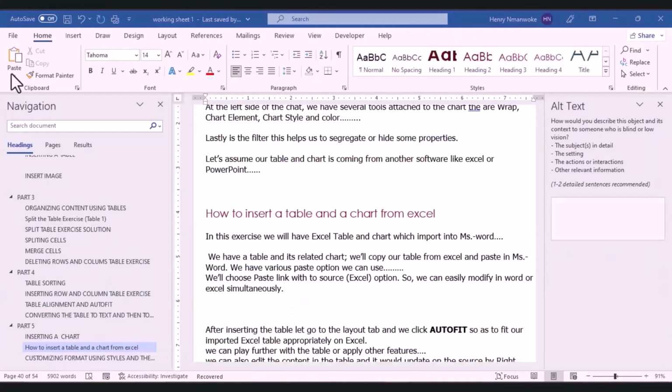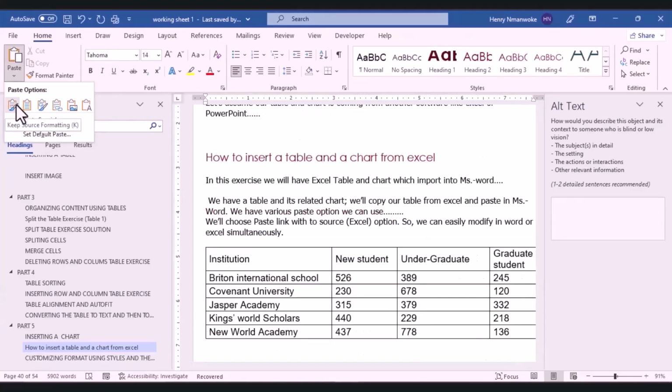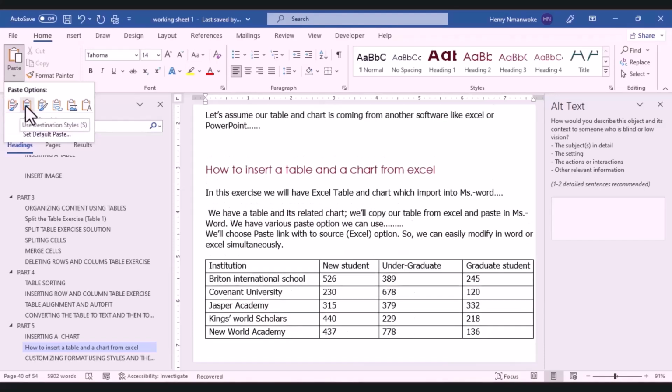Now when we go back to the paste tab, we have various types of paste. This one says keep source formatting. What this does is it retains the object I copied with its format. The next one, use destination style. What this does is when we paste our table, it tries to reformat the table to the accustomed styles of the Microsoft Word we are using. What do I mean? When I import it, instead of carrying the Excel style,